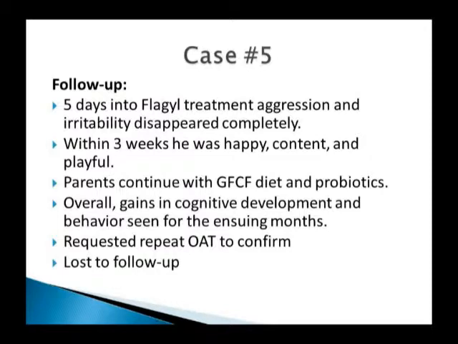I eventually came back and requested repeating an organic acid test, but they never came back. So essentially the patient was lost to follow-up, and I never knew exactly what happened. I hope things turned out okay, but the reason I show this case was the turnaround in this kid was really fast when we started hitting the Clostridia. It is also a point for the parents who are listening to make sure to do some repeat testing, to make sure that we've got confirmation that we're getting rid of these bacteria.